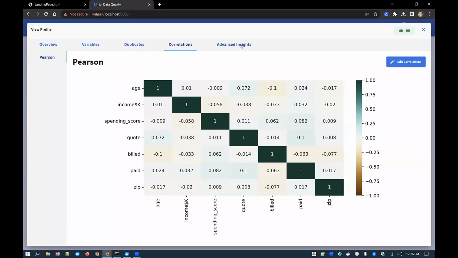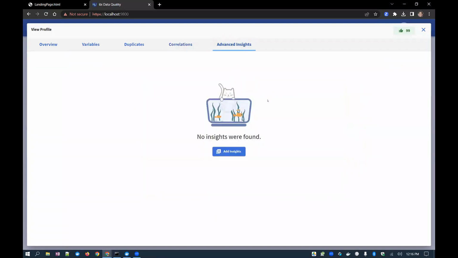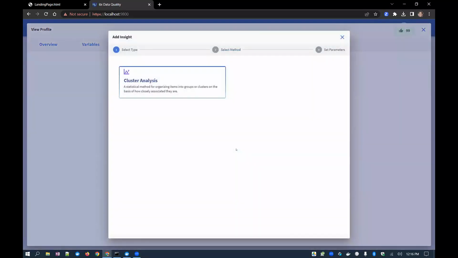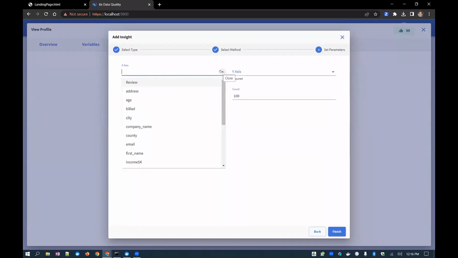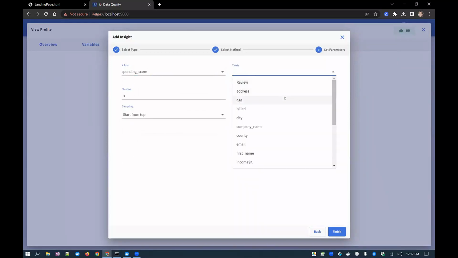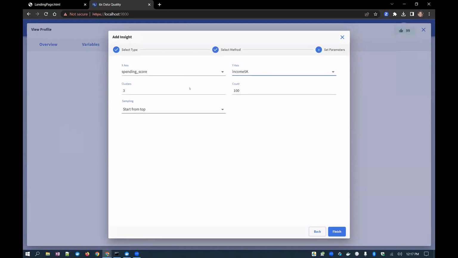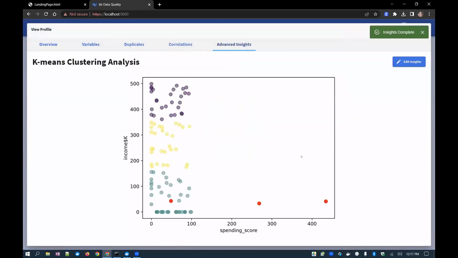And as Santosh mentioned, we do have the ability to add additional insights or advanced insights. So right now we're leveraging cluster analysis with k-means. However, he mentioned that we will be expanding this even further as we evolve the solution. So what we'll do is I'll go ahead and select my two items here and then go ahead and finish. And right away we see kind of a clustering analysis based off of these particular attributes